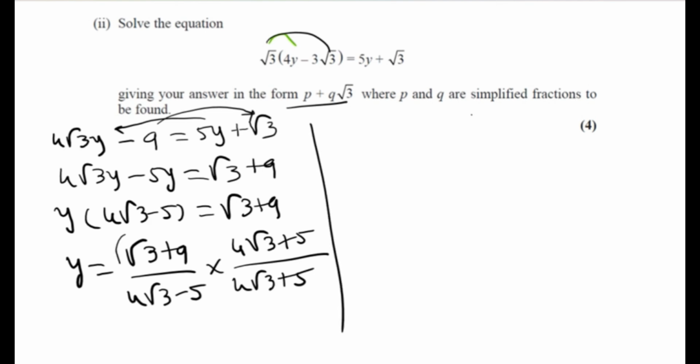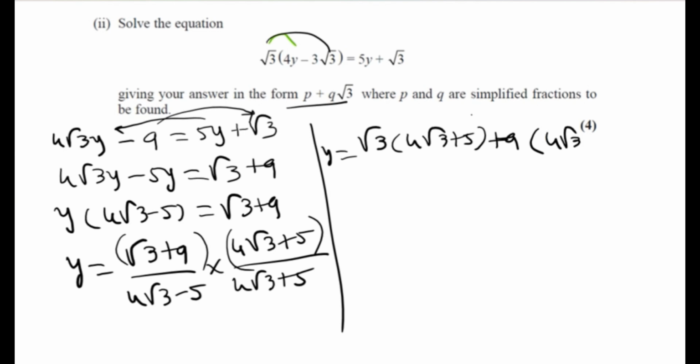Now multiply the numerator by expanding the bracket. So y is equal to root 3 multiplied by 4 root 3 plus 5, plus 9 multiplied by 4 root 3 plus 5. So this will give us 4 root 3 times root 3 will give us 12, plus 5 root 3, plus 36 root 3, plus 45